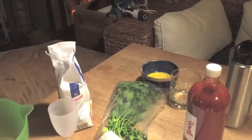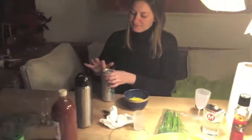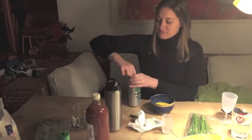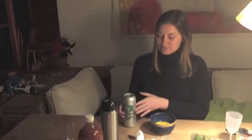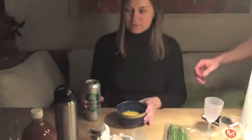Okay, she's going to add this beer to the egg to mix it. Now, how much beer should she add? Well, we're probably going to add all of that beer, plus the other tall can maybe, and some water to the batter. So she just does it and mixes it until...